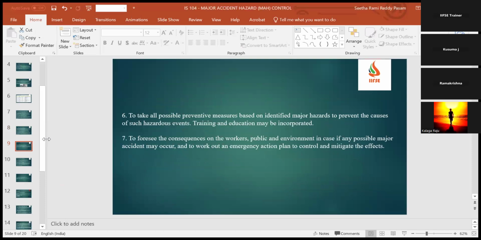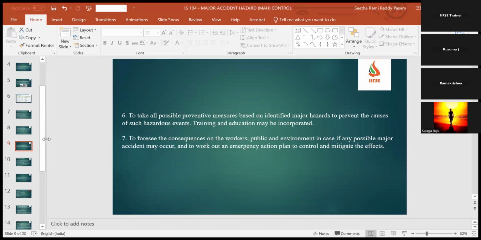And also to take all possible preventive measures based on identified major hazards to prevent the causes of such hazardous events. Training and education may be incorporated. This is also another objective. Take all possible preventive measures, so practically possible preventive measures. You can't say, okay, I don't have money, it is not possible. No, all possible, the techniques which are available around the world, you should implement